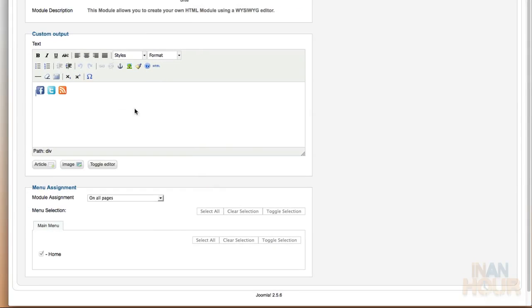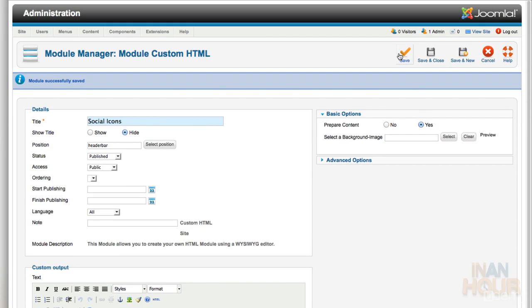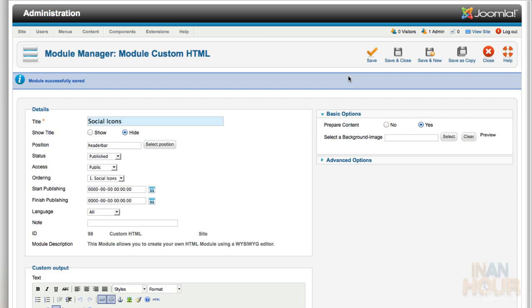We're going to click on update. We can see that it's placed those 3 images in there. It's set to display on all pages. Let's go click save and see how it looks. Refresh, and our social icons are now displayed in the top right corner. You'll also notice that if you hover over the images, you get the little hand image indicating that it is indeed a link. Since I don't need to make any additional changes to the social icons, I'm simply going to